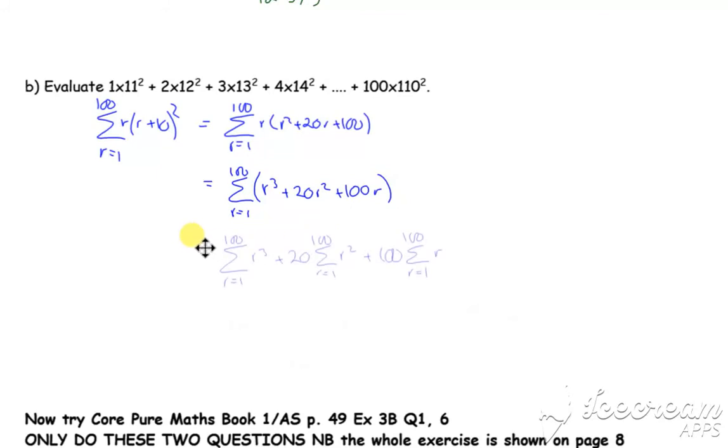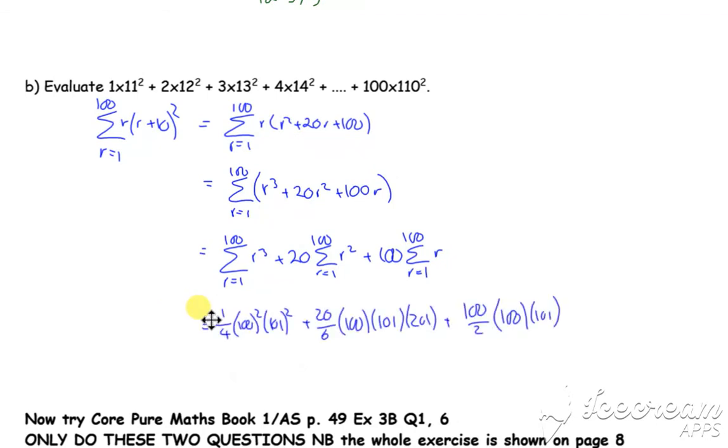And then same as before, I'm going to split that up. So we've got the sum of the r cubes plus 20 times the sum of r squares plus 100 times the sum of the r's. And then we substitute it into the formula, which it will be here somewhere. There we go. Substitute all the numbers in. And yes, I am showing that I'm substituting those in. You've got to show that you're using these formulae. I think the likelihood is in an exam, it's not going to use numbers anyway. It's going to be an algebraic one. But let's show what we're doing to make sure we get the marks. And then once you've done that, you can stick it in your calculator and get your answer. So that's